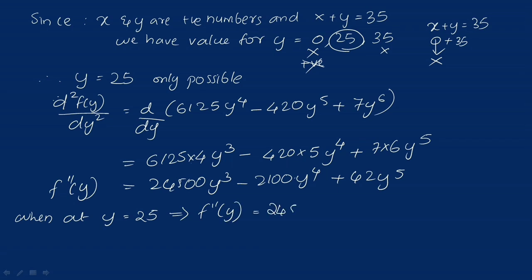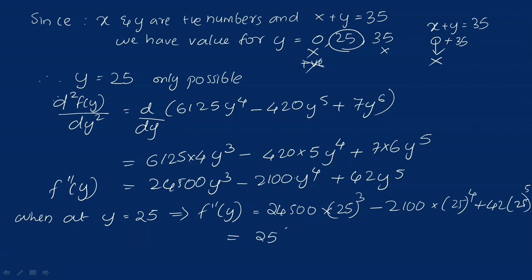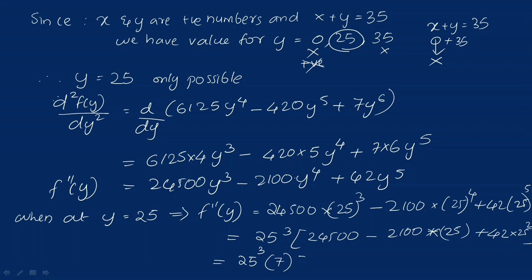So if y is equal to 25, f double dash of y can be written as, instead of y we are applying 25 here. So we have 24500 into 25 whole cube minus 2100 into 25 whole raised to 4 plus 42 into 25 whole raised to 5. Or taking 25 whole cube, that is common in all terms, outside. So we have 25 whole cube into 24500 minus 2100 into 25 plus 42 into 25 whole square,